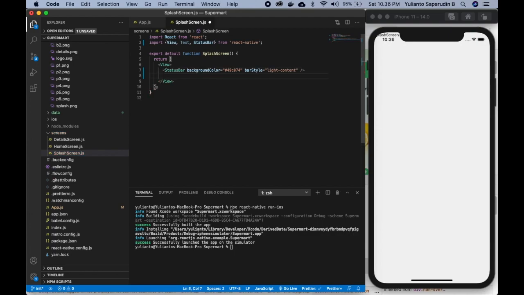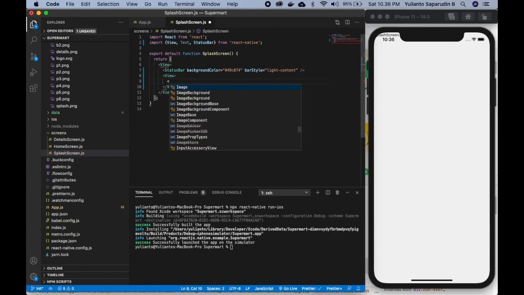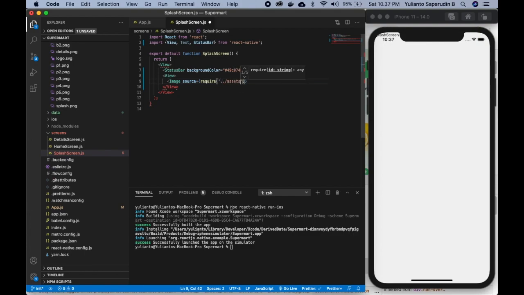We also create a view. I'm gonna place an image, splash.png,